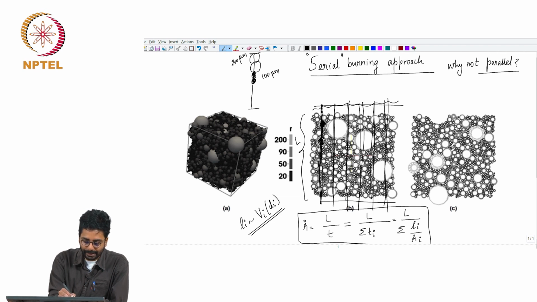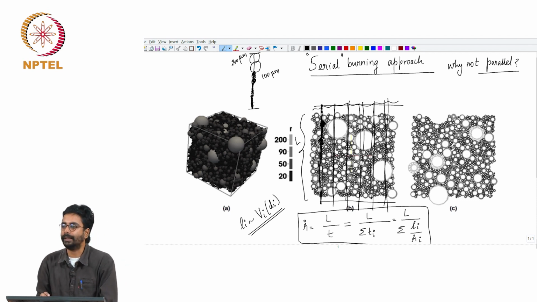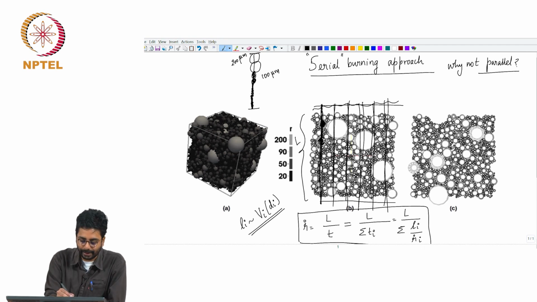Let us say the rest of the line is occupied by particles of 20 microns. Let us say this is the statistically averaged path for the propellant that we are considering. It has 25% of the line occupied by 200 microns, another 25% occupied by 100 microns, the rest 50% occupied